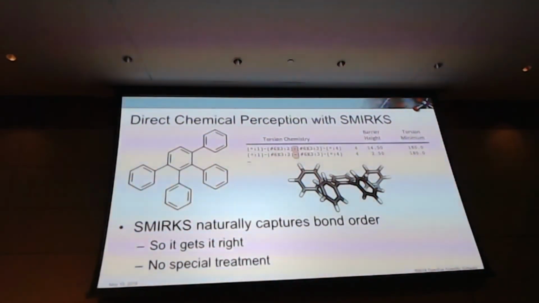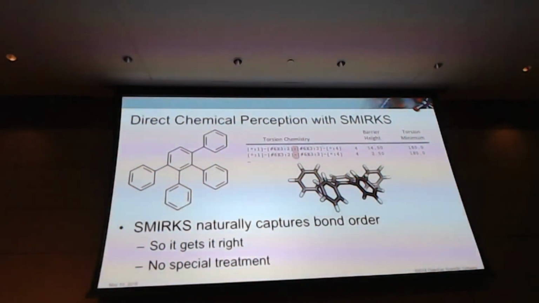And what happens, so here's the scheme for the torsion in a SMIRKS string or a SMARTS string for this very tetraphenyl that's causing the problem, and the only difference between the normal aromatic double bonded parts, or 1.5 bonds, and the single bond is the embodiment of the bond order. And with these two different very traditional looking torsion terms, it just gets the tetraphenyl correct because it captures the bond order. It gets it right without even trying in 2 lines.